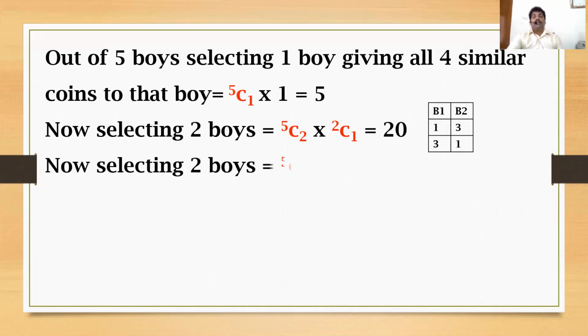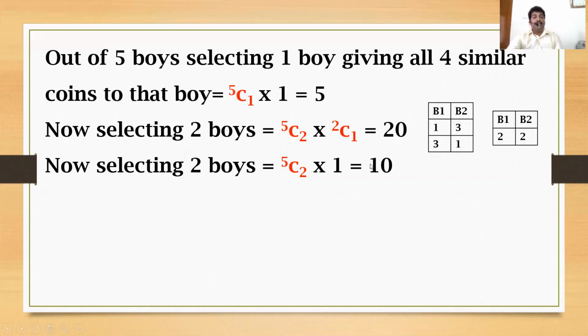So that's why you have to take again, this is the second case. What is the second case? Selecting 2 boys and giving 2 coins to first boy and giving 2 coins to second boy. This I am considering as a different case because coins are similar. Two number equally is there. We cannot find which two coins are having which boy, either boy 1 or boy 2. That's why we should consider this as a second separate case.